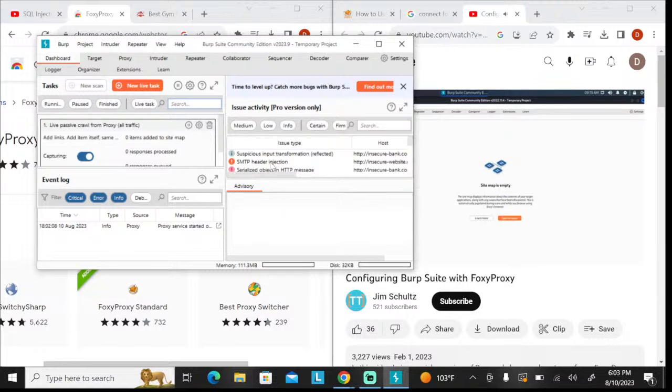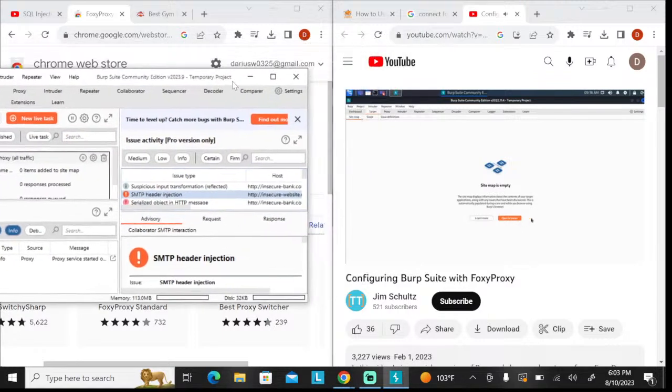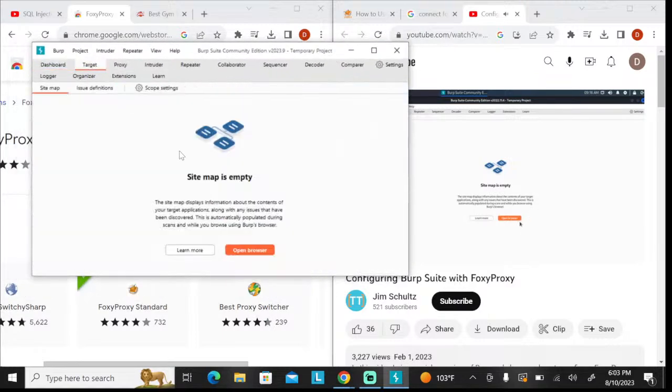And there's two ways you can use Burp Suite as a proxy. Number one, you could use the built-in browser, which is built into new versions of Burp Suite. This is a relatively newer feature, and if you've been using Burp for a while, you probably know that Burp didn't always have this built-in browser right here that you could launch. Traditionally, you would have to do something with another browser, and this is what I'm also going to show you how to do. You have to configure your other